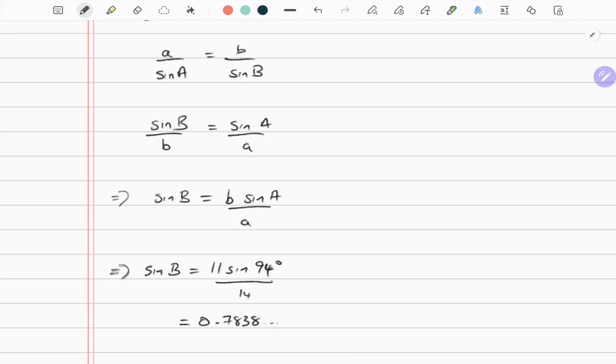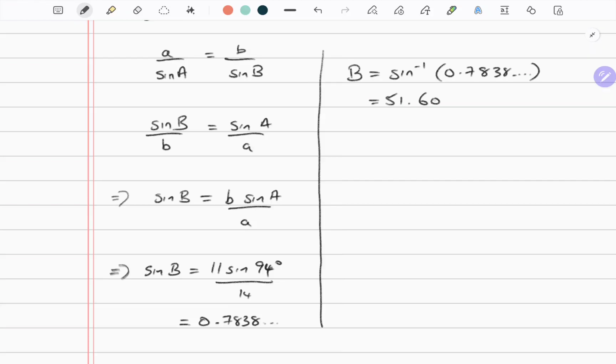And that is equal to 0.7838 and so on. Again, remember your calculator needs to be set at degrees. We're working with degrees right now. We'll do radians another time. So I'm just going to continue on this page. What we then need to do is have B by itself. So we need to take the inverse sine on the other side. So B equals sine inverse of that number we just found, 0.7838 and so on, and that will give us 51.609